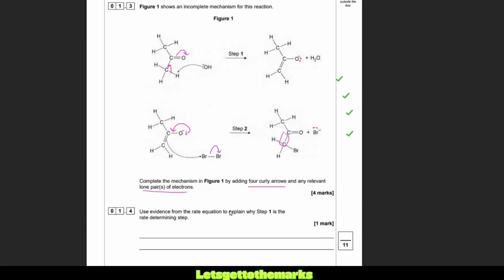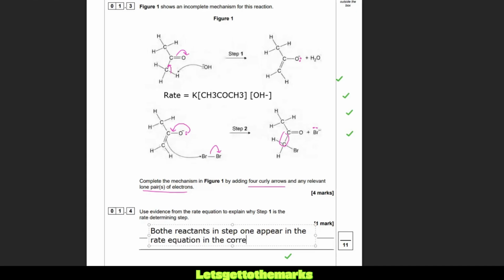Use evidence from the rate equation to explain why step 1 is the rate determining step. So why is this the rate determining step and not step 2? If you remember our rate equation, I'm going to type it out for you. As you can see here, bromine does not appear in the rate equation. So that immediately puts us off that. The slow rate determining step will feature all the reactants in the rate equation. Well, it features propanone and hydroxide ions. So let's write that again. Both reactants in step 1 appear in the rate equation